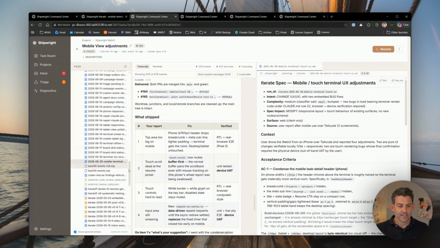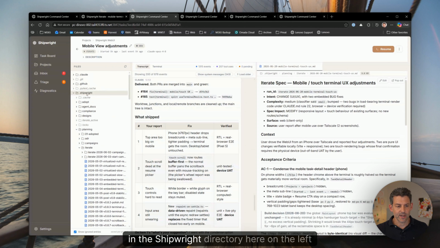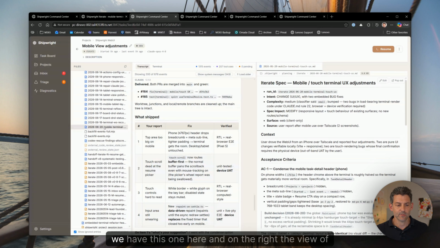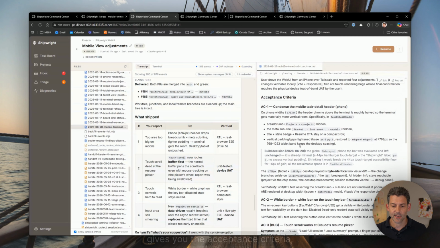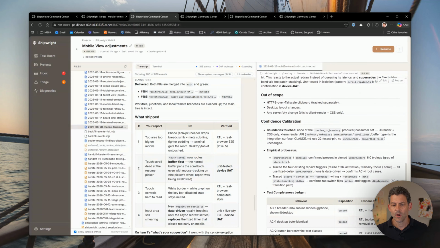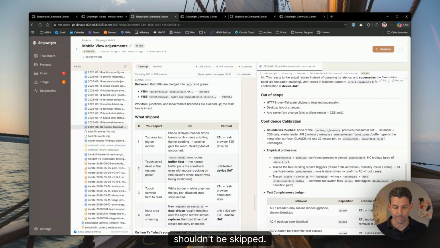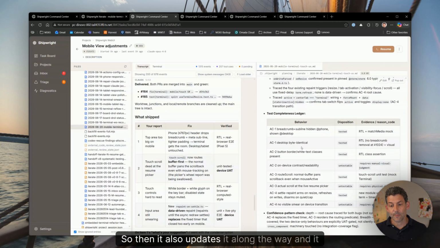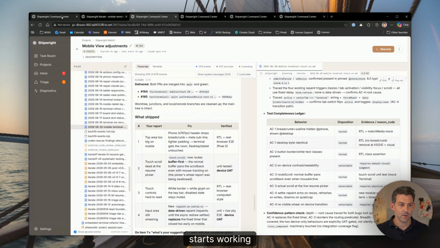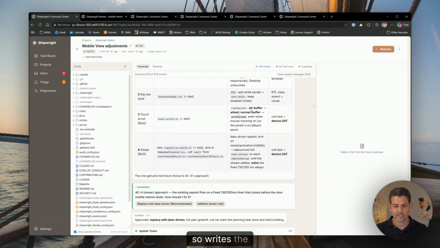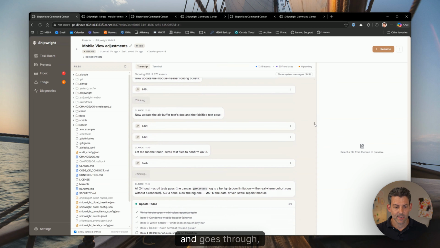The spec is available in the Shipwright directory here on the left, planning directory, and iterate. Here you can see that we have this one here, and on the right, the view of it gives you the acceptance criteria, the context, also out of scope areas, and then in the confidence calibration, it helps itself to not skip the tests that shouldn't be skipped. That's maybe material for its own video. So then it also updates it along the way, and it starts working. So writes the iterate spec and goes through,